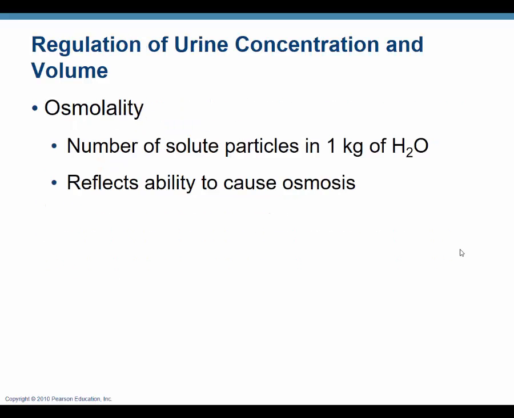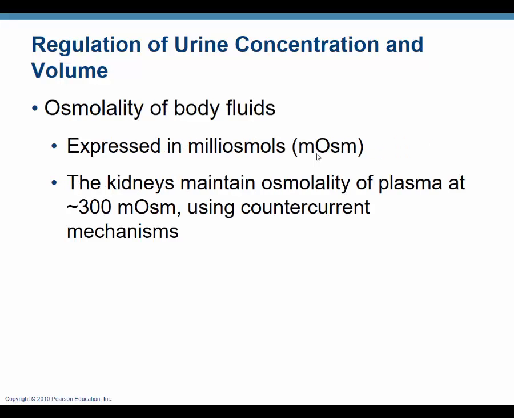Okay, so key thing now is osmolality. Osmolality is just a term used for how much solute we have dissolved in a given volume of fluid. If we take 1 kilogram of water, it's the number of solute particles in 1 kilogram of water. So the higher the osmolality, the more concentrated that solution is. Typically plasma is maintained at 300 milliosmoles. That's just the unit we use for osmolality. So 300 milliosmoles means all is right with the world, everything's in balance, there's no net movement of fluid or solute in any direction,